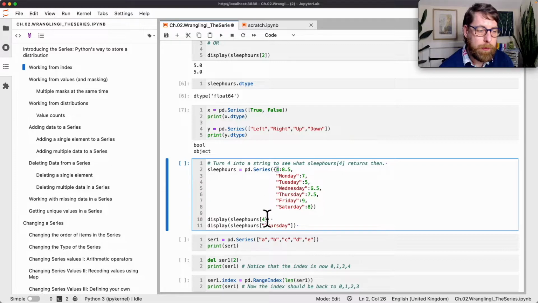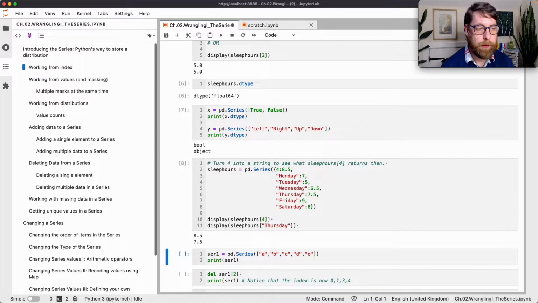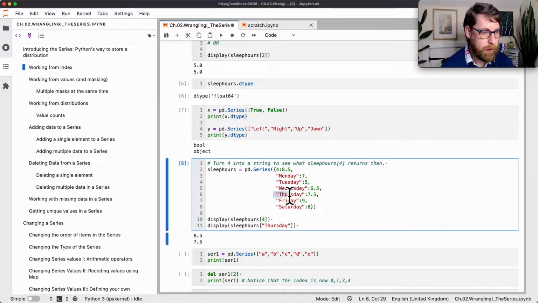So now what's going to happen when we index? Is it going to index by position or by label? Well, as it happens, it looks for the label first, and if it finds it, it gets it, and if not, it assumes that that's a position. So in this case, it didn't give us the value at position 4. No, it gave us this value right away. So you've got to be careful